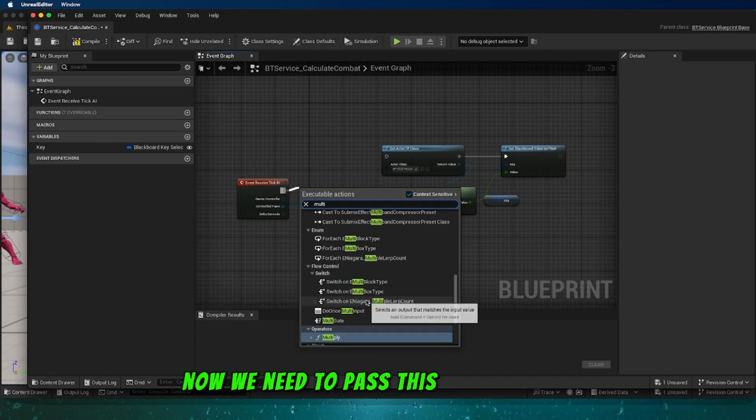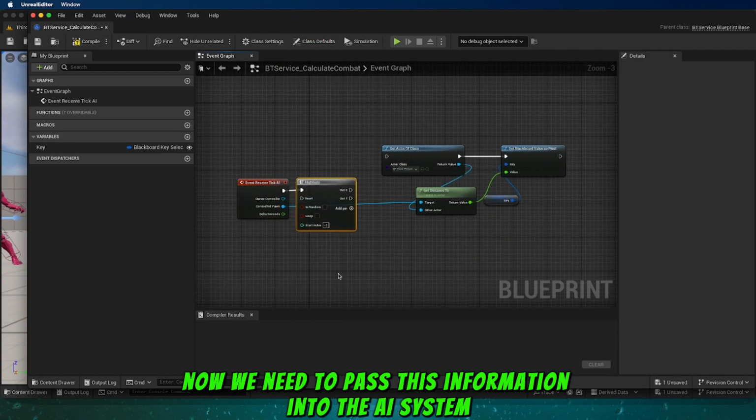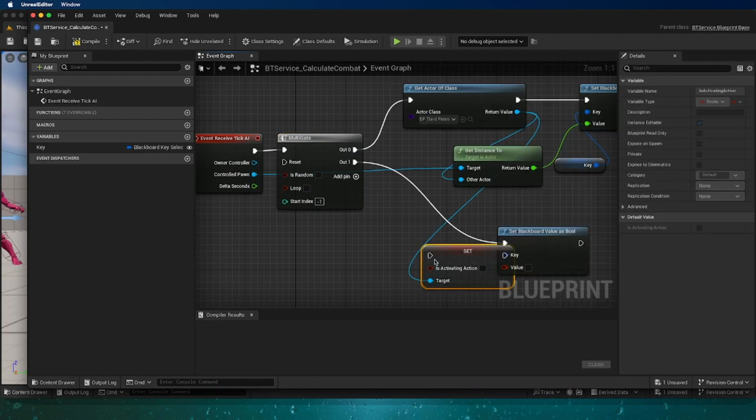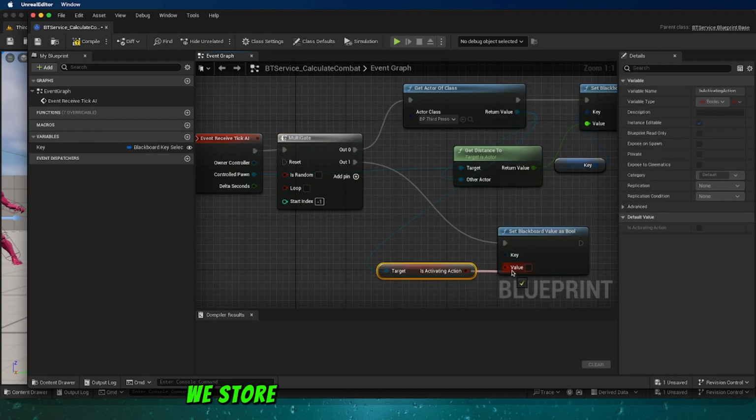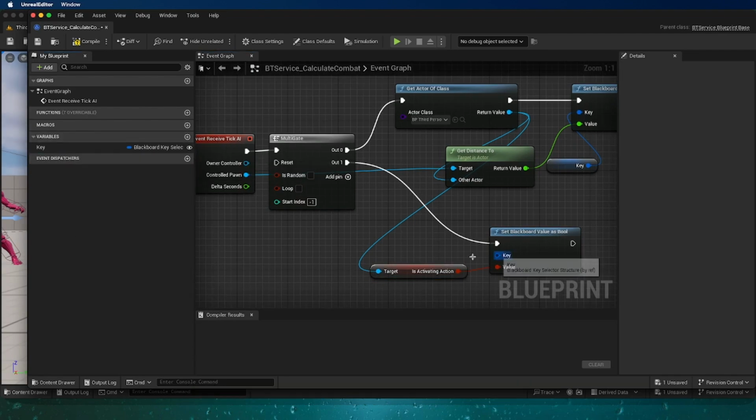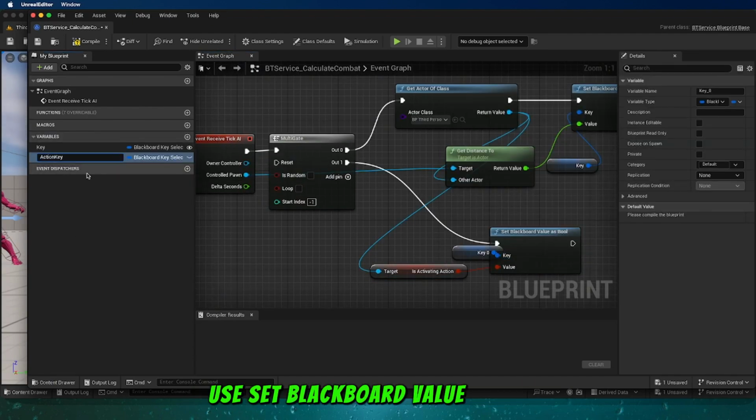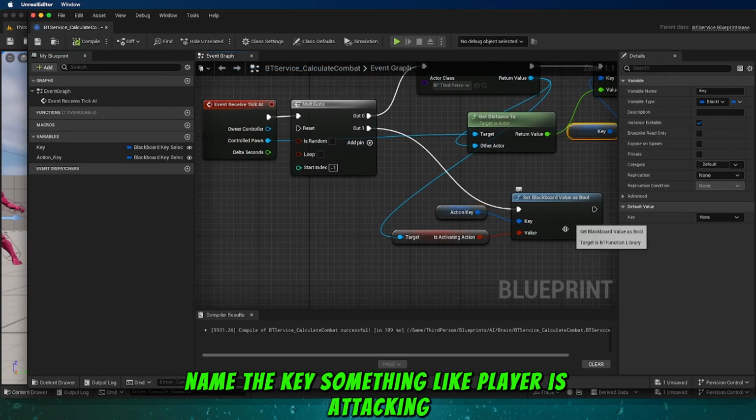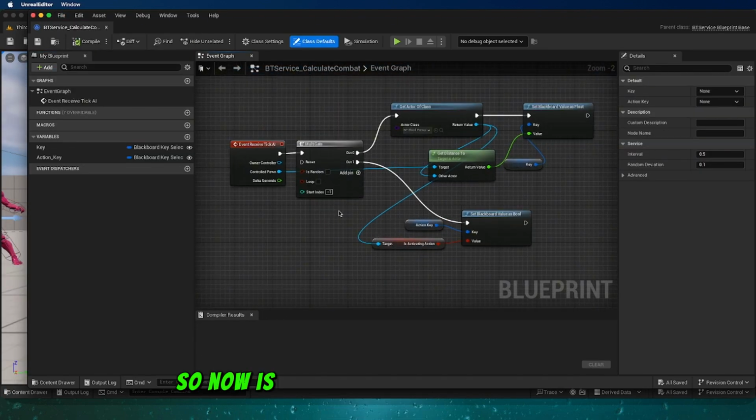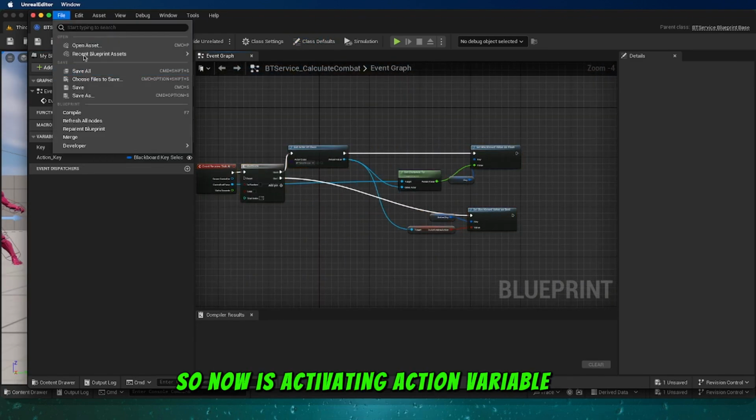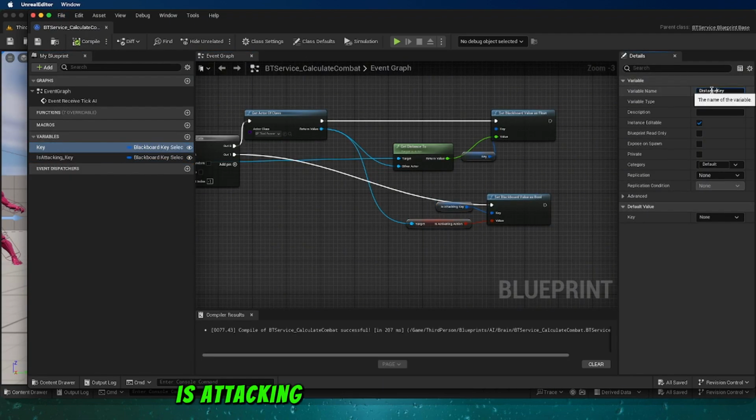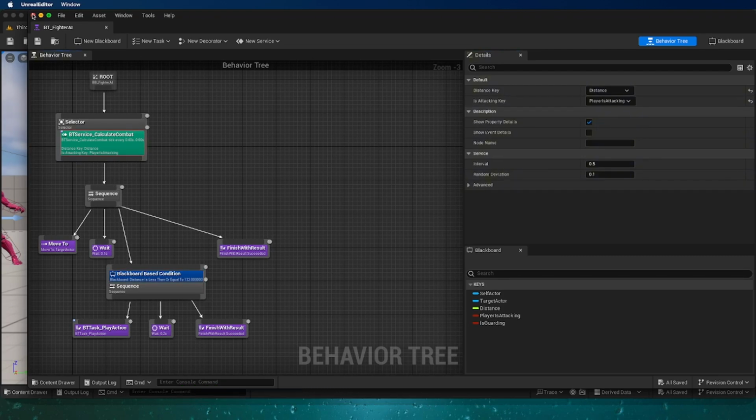Now we need to pass this information into the AI system. Go to your BT service, calculate combat. Just like we did with distance, we store this value in the blackboard. Use set blackboard value as bool. Name the key something like player is attacking. So now the isActivatingAction variable in the player blueprint feeds into the player is attacking variable in the blackboard, which is being used